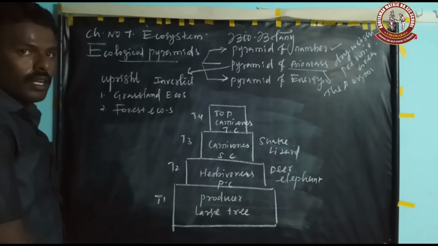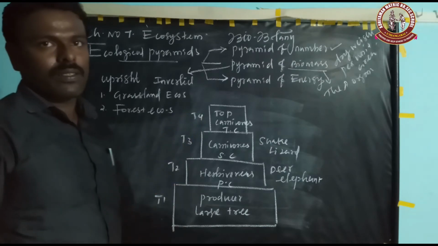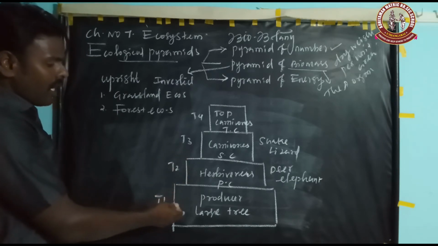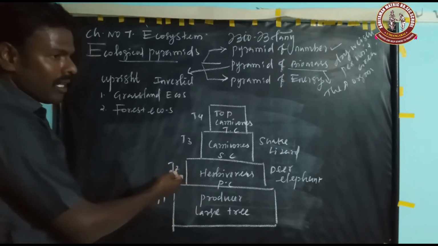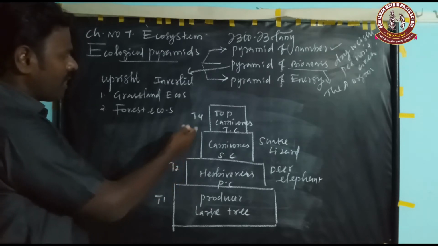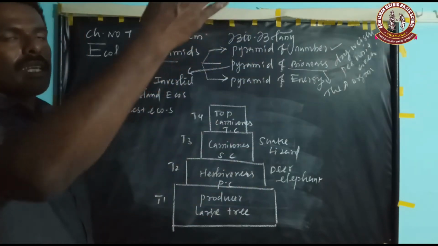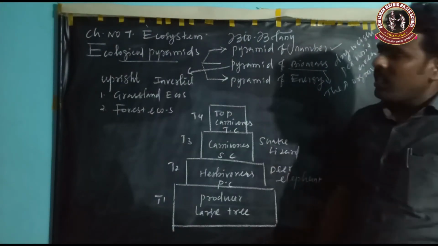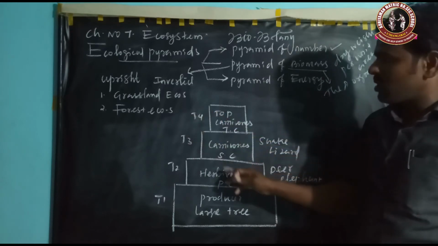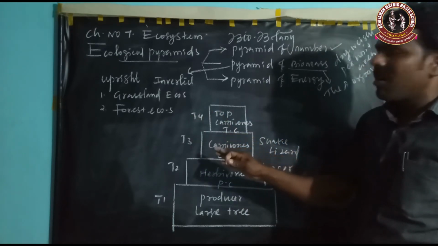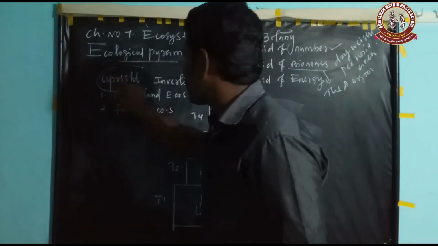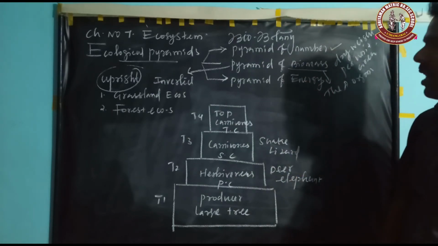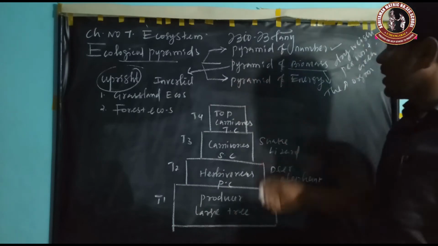You see this: biomass gradually decreases, but the producers are very low. The remaining trophic level 2, trophic level 3 and trophic level 4 gradually decrease in number. Therefore, in these two types of ecosystem, the pyramid is always an upright pyramid of biomass. Another one, the inverted pyramid of biomass.